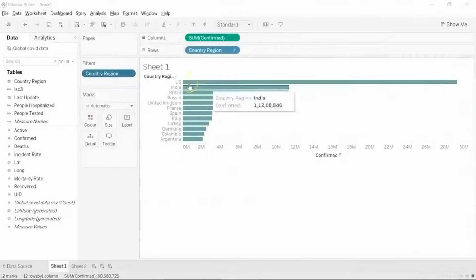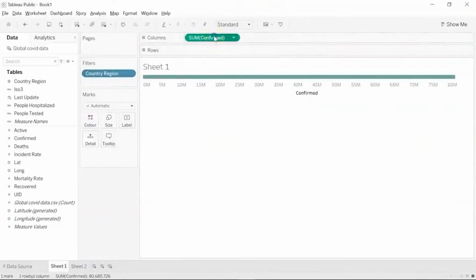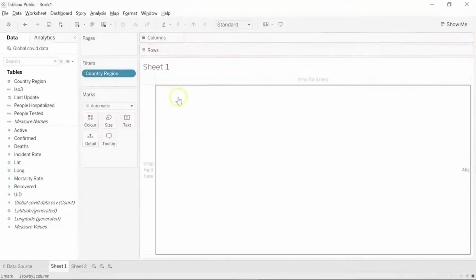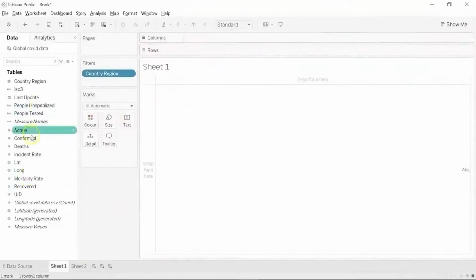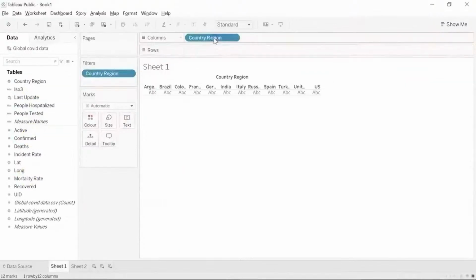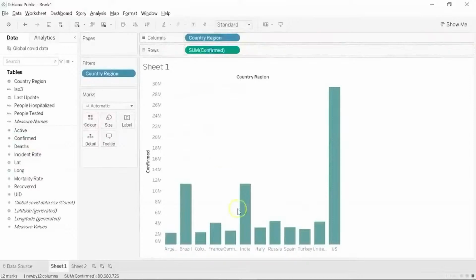Cool. Now you can convert this horizontal bar plot into a vertical bar plot. Let me show you how to do it. I'll just remove these fields from my chart. Now what I'm going to do is I'll drag country or region onto columns, and I'll have a confirmed column under rows. There you go. Here you can see we have a vertical bar plot now,